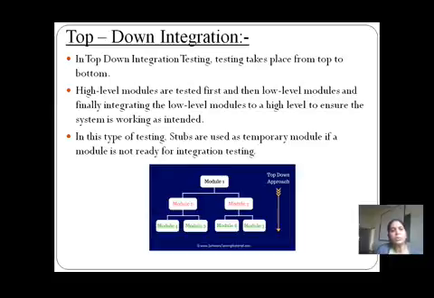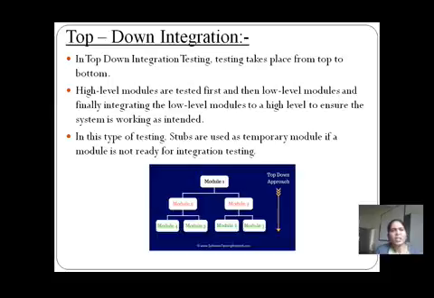If the individual modules are working as per the requirement specification, then such modules are going to focus on the quality of the software. For that purpose, integration testing is required in an organization.